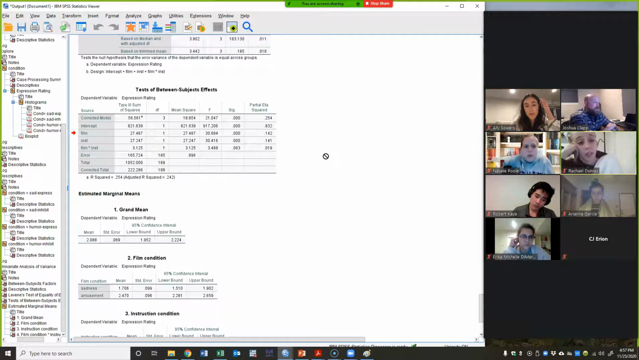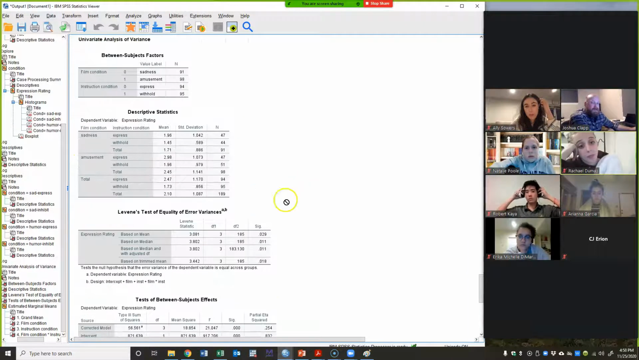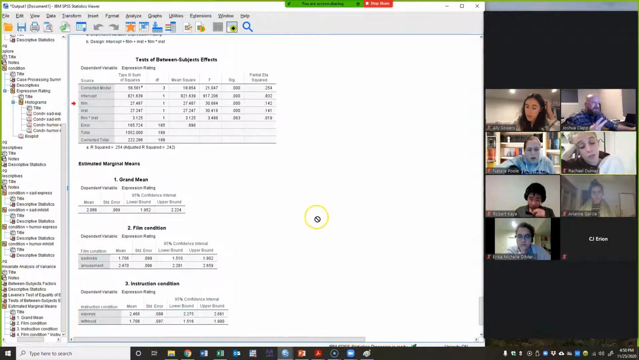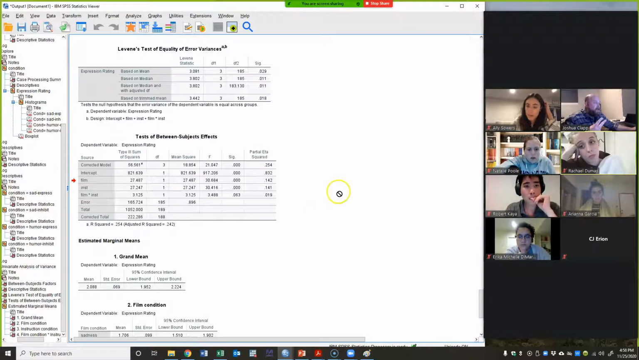I can just look at my mean values. So I've got a main effect of film. If I go up to my means, people in the sadness film had a mean of 1.71. People in the amusement film had a mean of 2.45. There's only two levels to my condition,